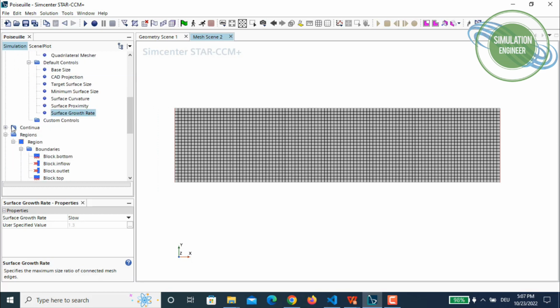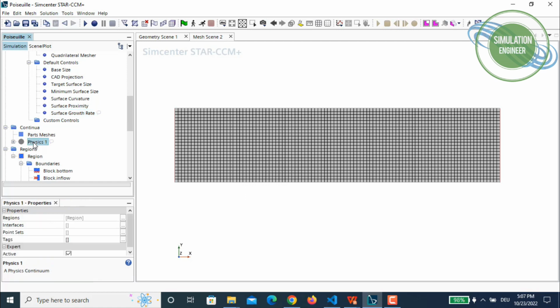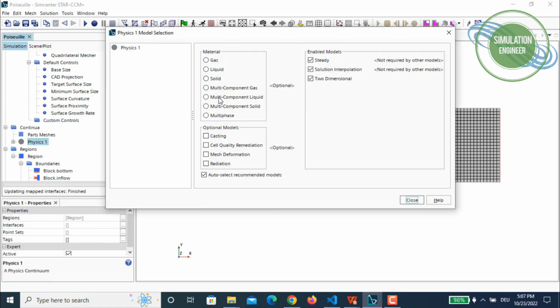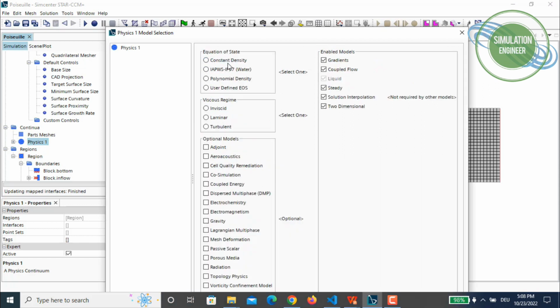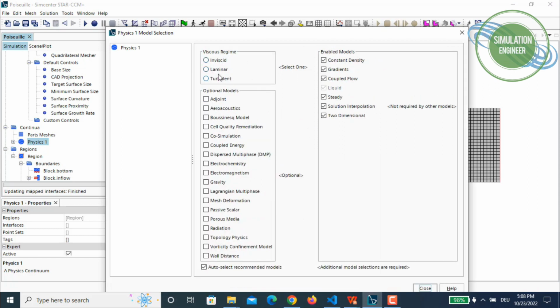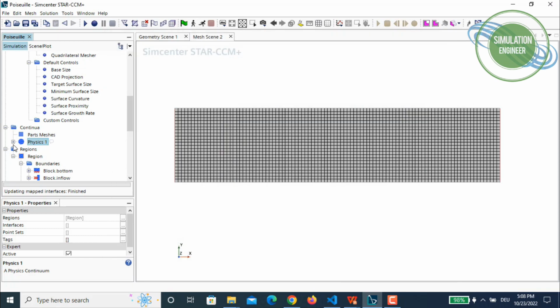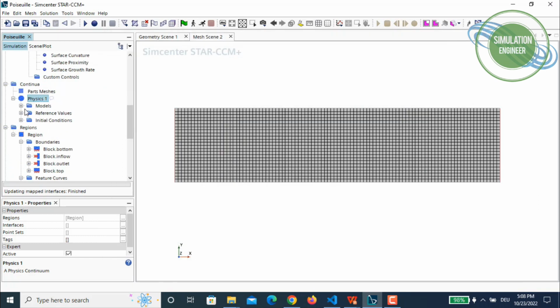So we will define our continuum now. Right click on the physics, and then simply say it's a steady state model. We will stick to the material as liquid. I will be taking coupled flow. It will be a constant density, and it's a laminar flow, right? And if you remember the slides earlier on,